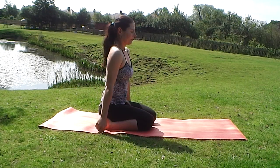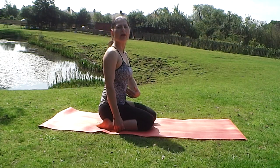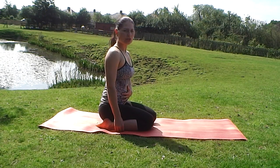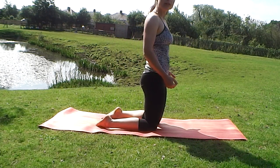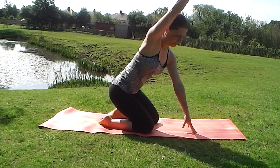Drop, just let them hang and relax for a moment, still keeping your neutral neck alignment, just breathe in into the belly. You're going to take it into the next shoulder mobility. If it's getting a little bit too much on your knees, you can come to a kneeling up position from here. Otherwise, just reaching up through one arm,